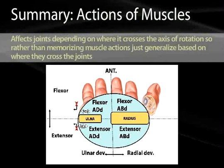Now if we put the muscles and where they cross from that previous question, you can see that the flexor carpi ulnaris and the extensor carpi ulnaris are in opposite quadrants across from one another on the ulnar side. That means that the flexor will be a flexor and an adductor, whereas the extensor will be an extensor and an adductor. If we cancel out our flexion and extension, we can see how the summation of the remaining ulnar deviation would cause adduction. This concludes our sections on